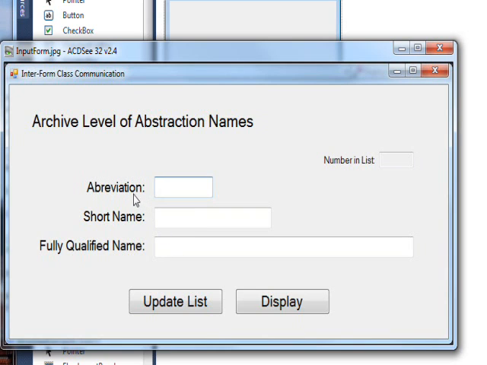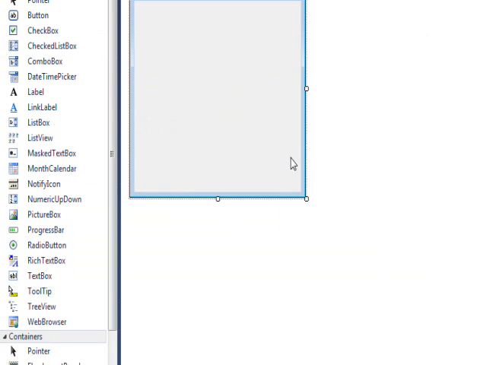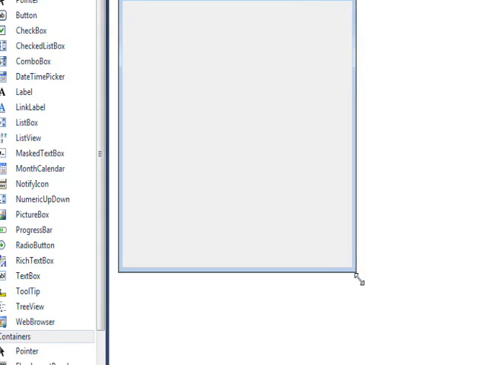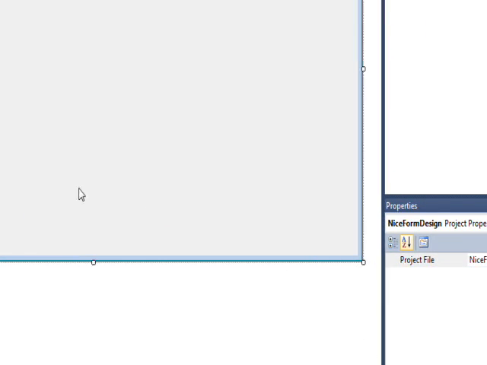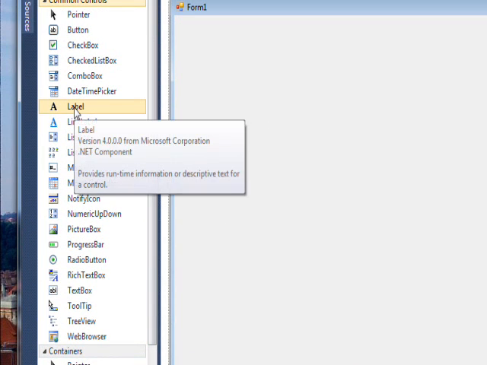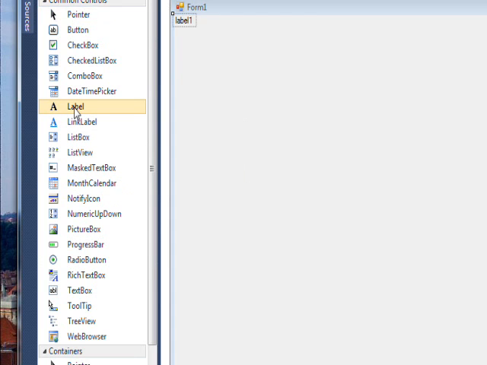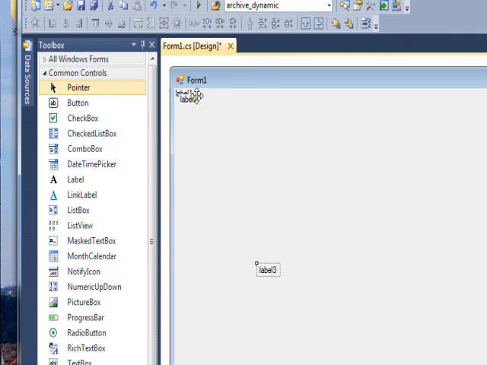So the first thing we see is there's like 3 labels and 3 text boxes. So I'll try putting those on first, and I'll try sizing it to look about the right size for this. You drag the rectangles in the corners to resize, and then I get a label in order to put the 3 labels on, and I can just double click and put 3 labels on. Drag these over,